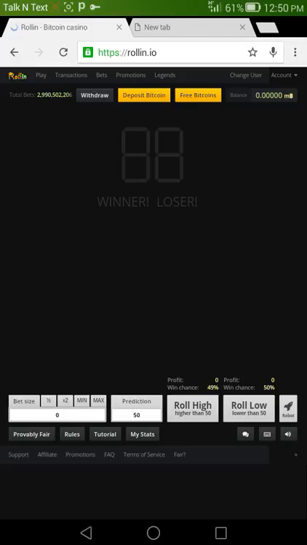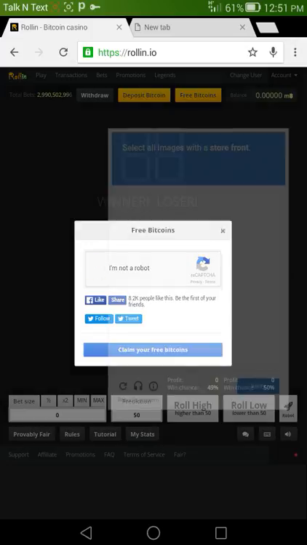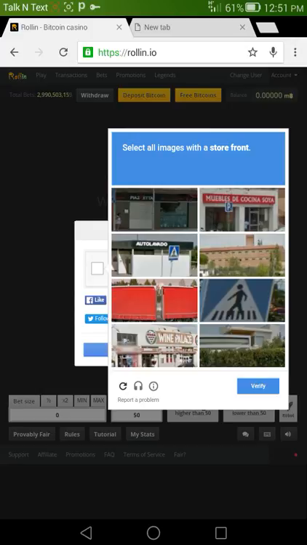As you can see, our account is created and I have a zero balance, but we can deposit or get free Bitcoins in the free Bitcoin tab. Check the captcha box. Select all images of storefront.